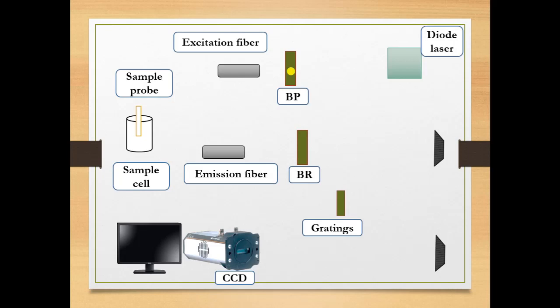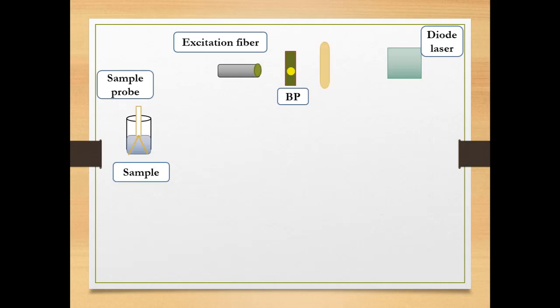Now we will see how it works. If we insert the sample in the sample cell and insert the sample probe, how will we measure that particular sample? We can see over here, this is the sample, this is the sample probe. From this diode laser, first there will be a passing of the radiation.